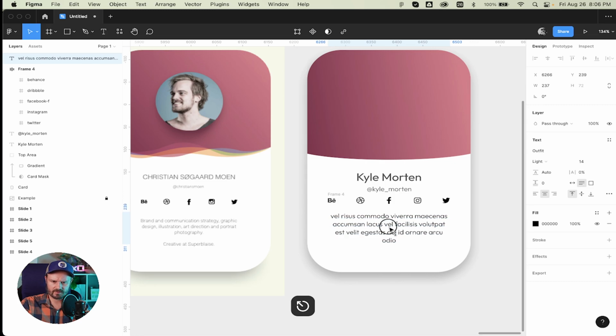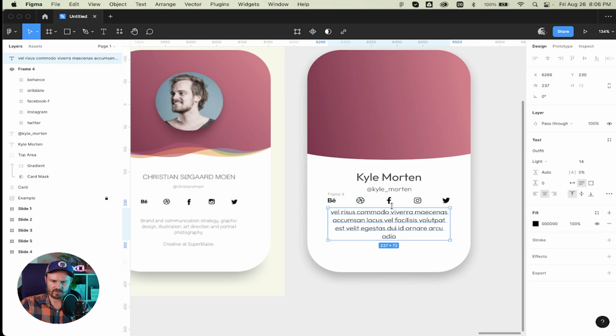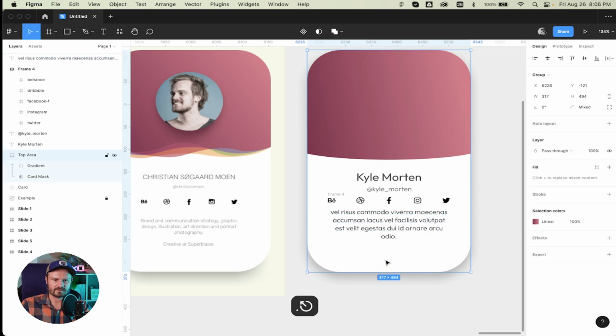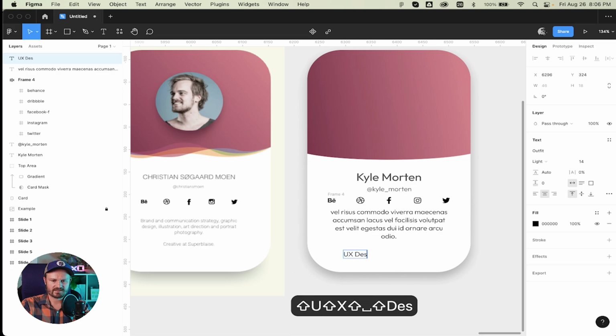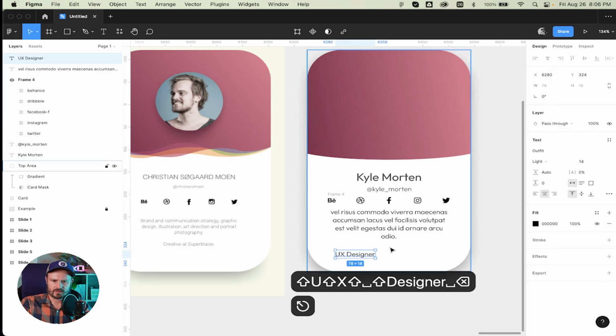Press Escape, move that up to where the icon frame is equidistant between the, I guess, Twitter handle or social media handle and the bit of text right here, and a period right there. And then lastly, it looks like the very last line here is the title, or I guess whatever job Christian Saragod Moen has, super blase, and so we're going to add something like UX designer. And I'll go ahead and center